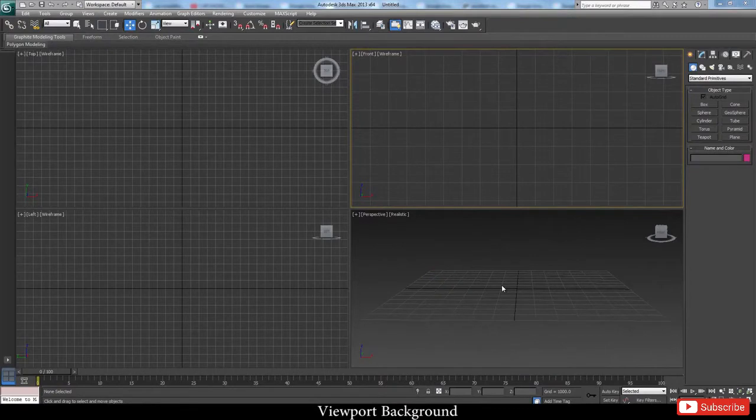Over here I'll show you how to put a background into a viewport and then use it as a reference to make something different. We won't be creating objects, but you can use it to create something, having a reference